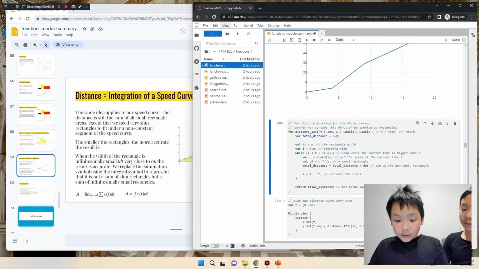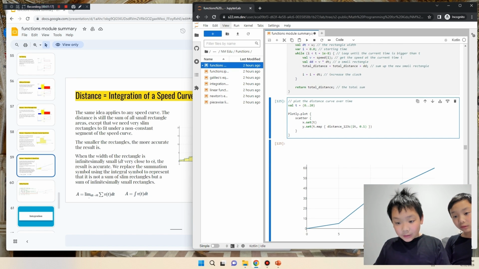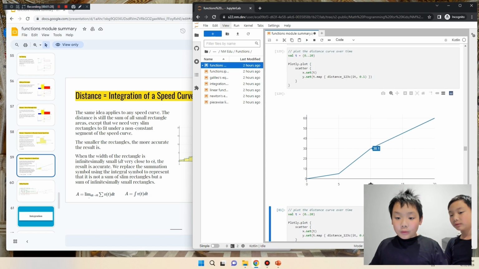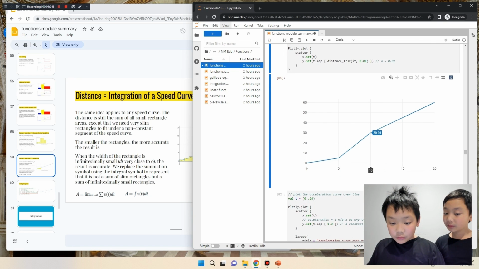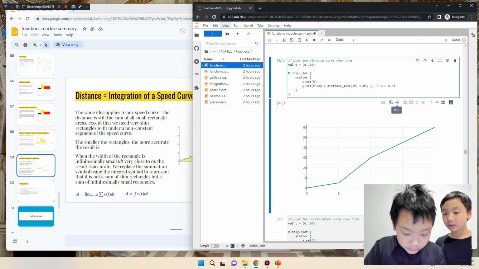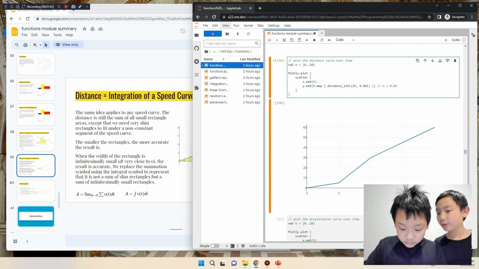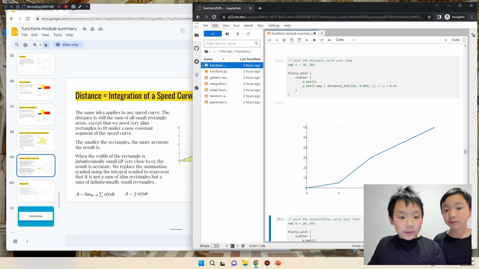So we're gonna write this in a different formation like this, and we're gonna change the width of the rectangle to 0.1. Right now, when we go to 10, it's gonna be 30.1. That is closer to 30 because we changed the size of the rectangles. We can also change again to 0.01, which will get us even closer to 30. So we can change this to like 0.0001, and it will be even closer than it was. So that's how you compute the